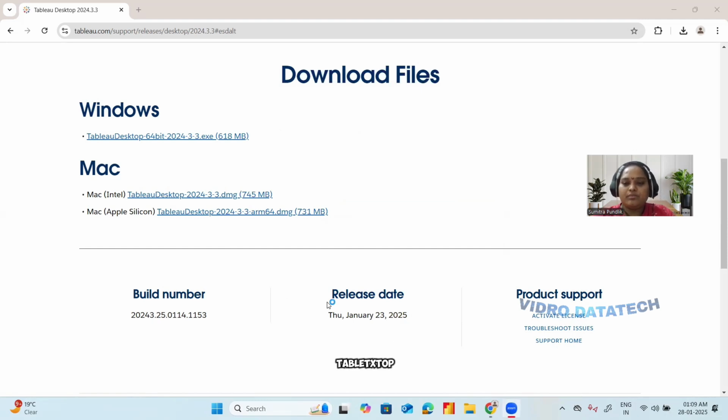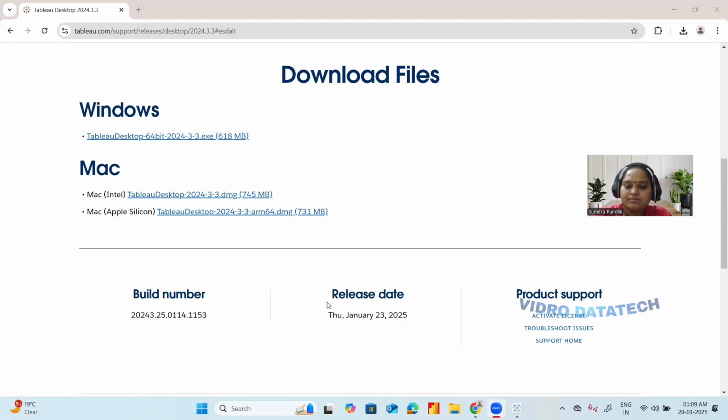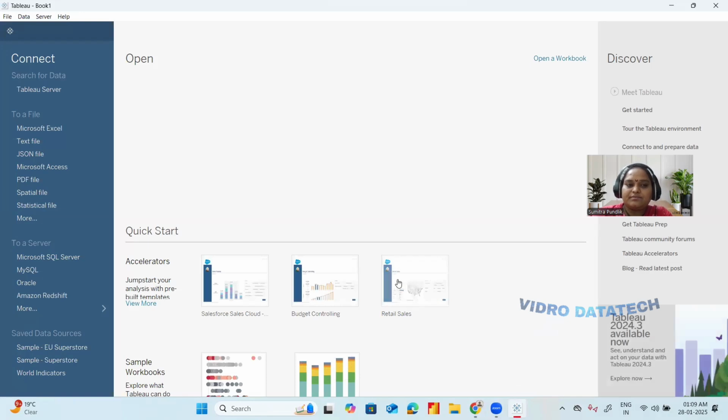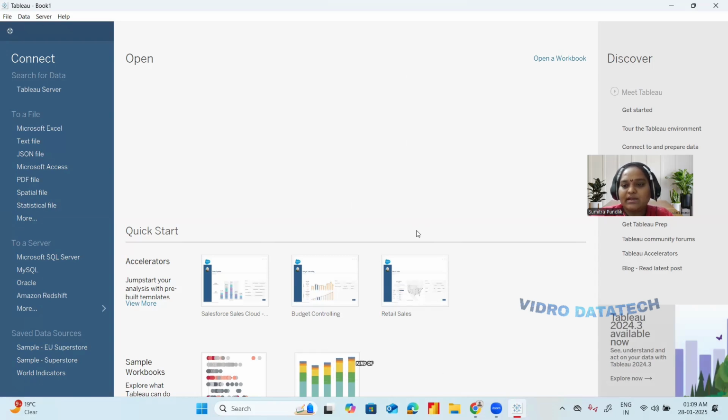Okay, so Tableau Desktop is installed now. So after installation of Tableau Desktop, we'll be getting this kind of screen.